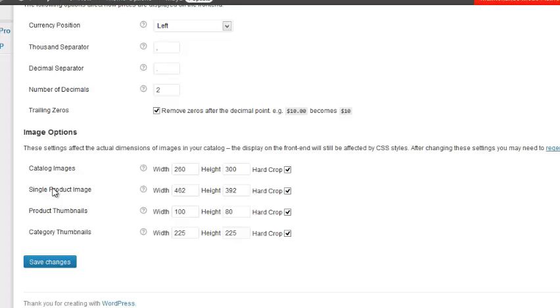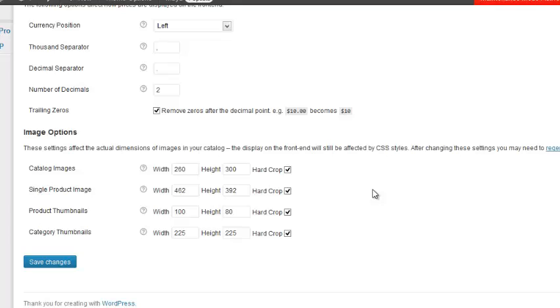Those are certain sizes, so on and so forth. So this is where the size of the images are defined. And if you don't have hard crop, WooCommerce will actually try to fit it in for you as best as possible, but you may want to hard crop it to those dimensions, and so you could click that off. This could take a bit of experimentation, see what looks good for you.